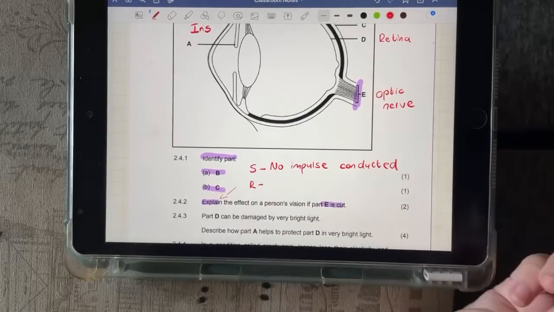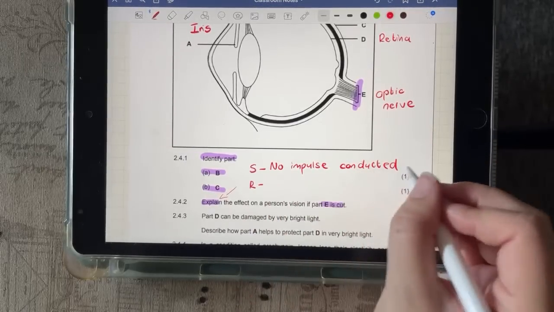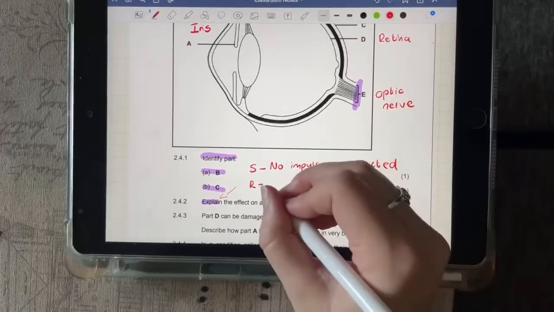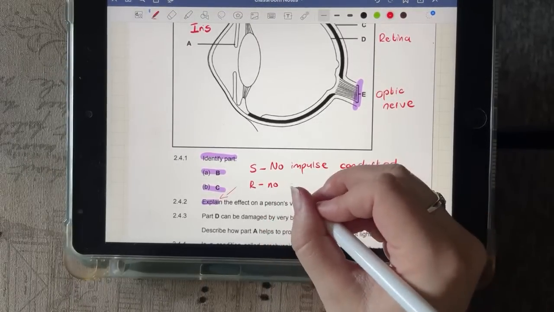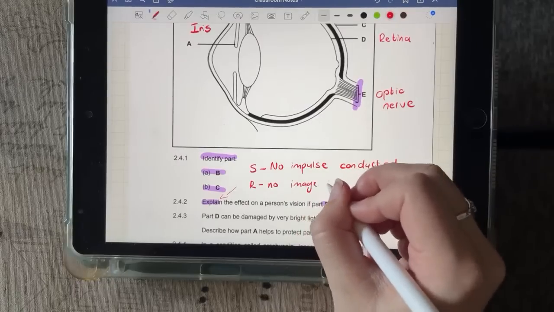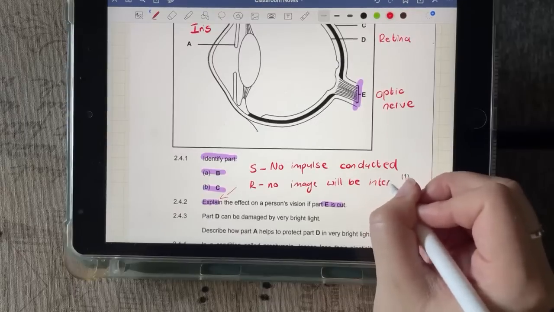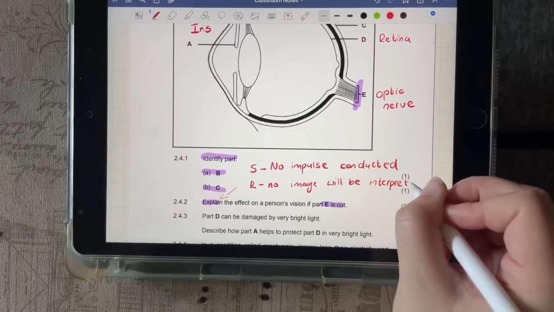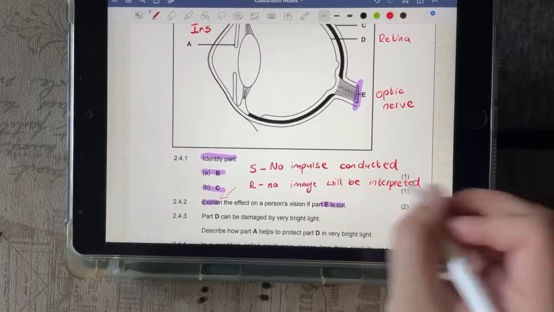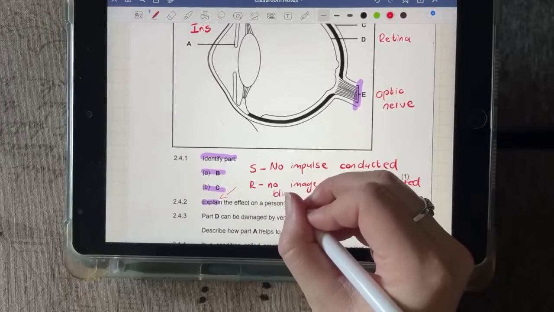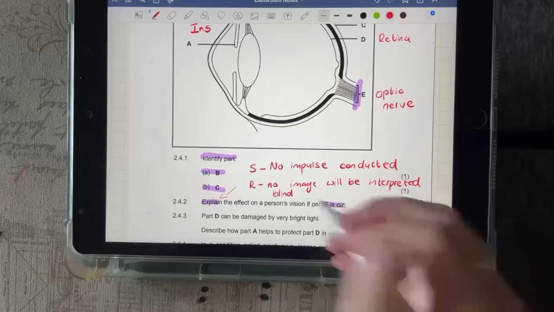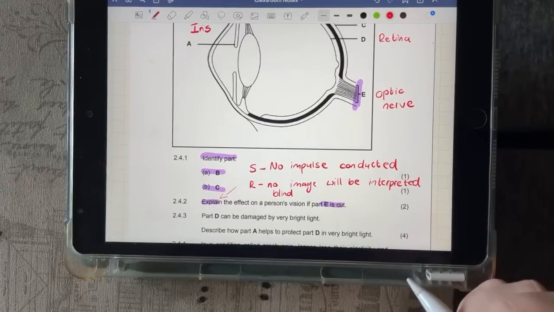That's the statement. And if no impulse is conducted, then no image will be interpreted. You could also say the person would be blind or they would have no vision. You can also say that too. Okay. All right,